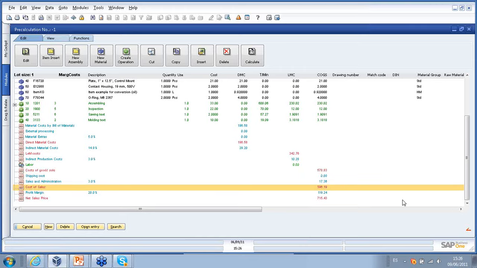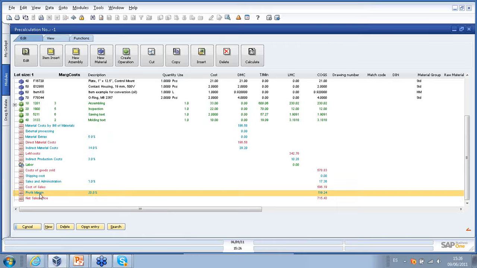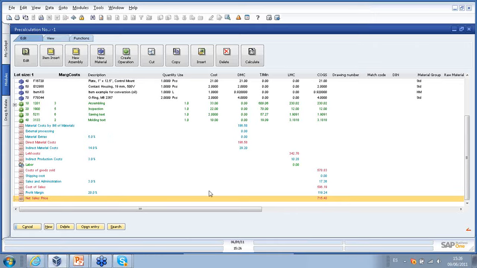So then I take this cost of sales normally as the theoretical cost to produce my item, considering all the additional costs I included in the schema. But if you have a look here, then I included a 20% profit margin, and then I calculated a net sales price. Later I will show you how to set up a process to export values from this structure to the theoretical calculation price of BIAS, but also to fill the Business One